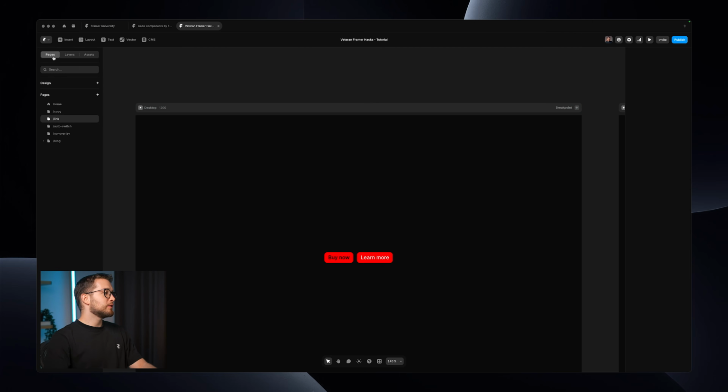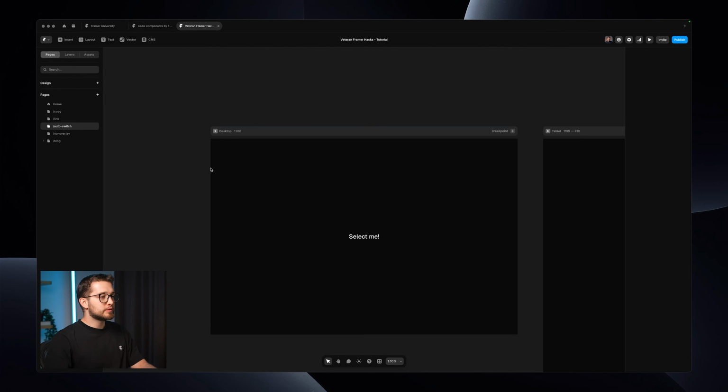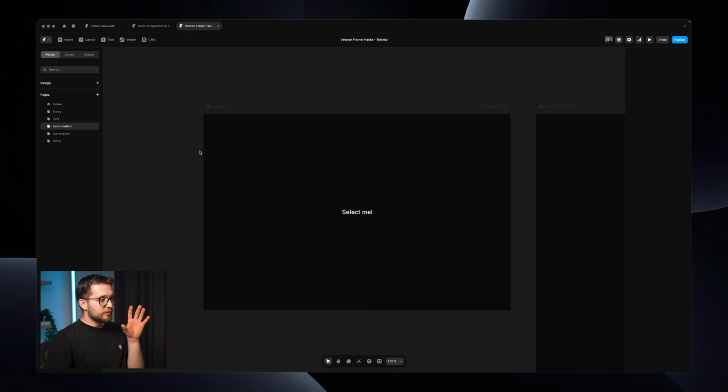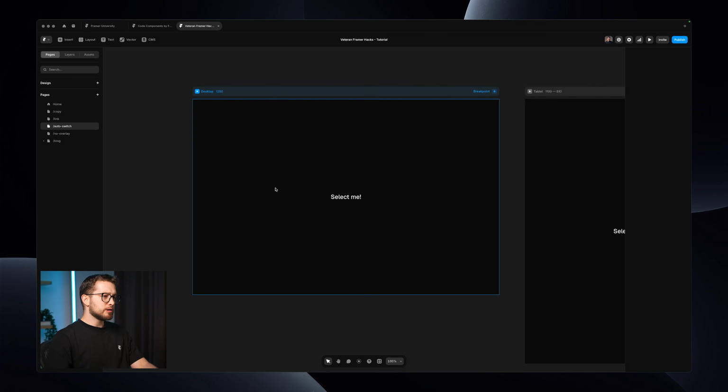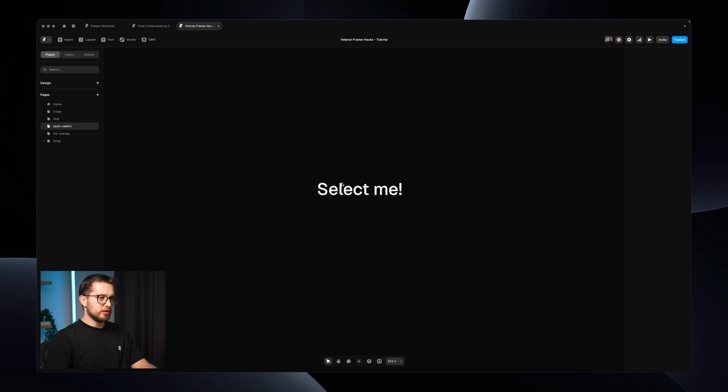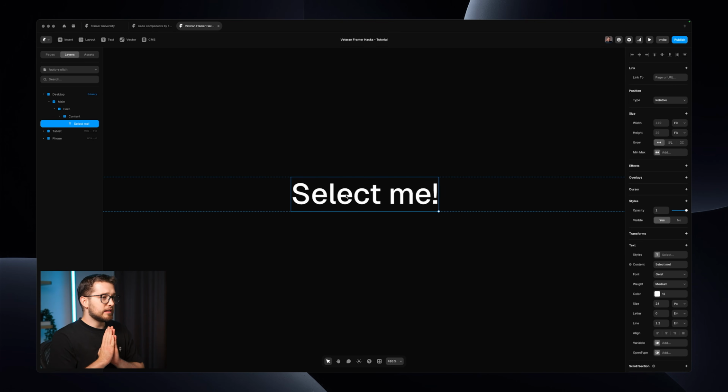Great, let's move on to the next one. Auto switch. So as you can see, I just selected the left pages panel inside of Framer, and I went on to the auto switch page. And now what I'm going to do is I'm going to just zoom in here a little bit and then select this text because it says select me. So I selected it, and as you can see,